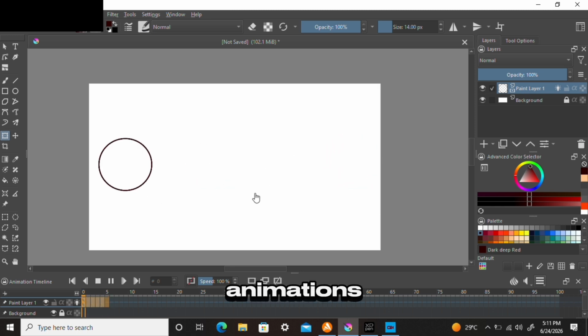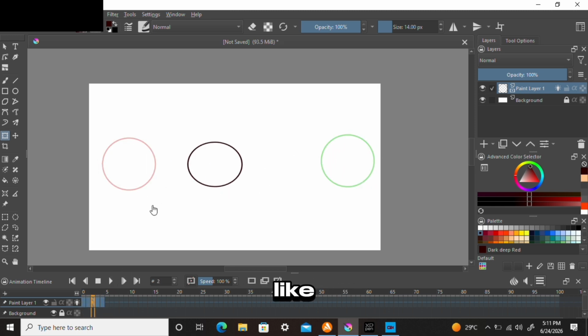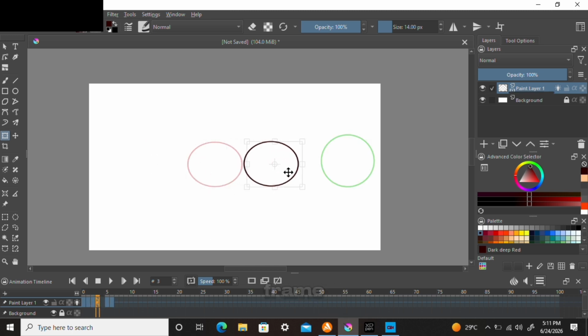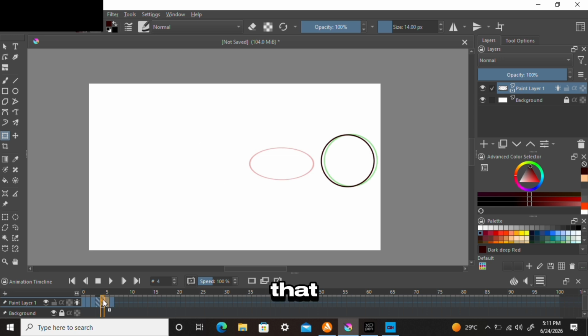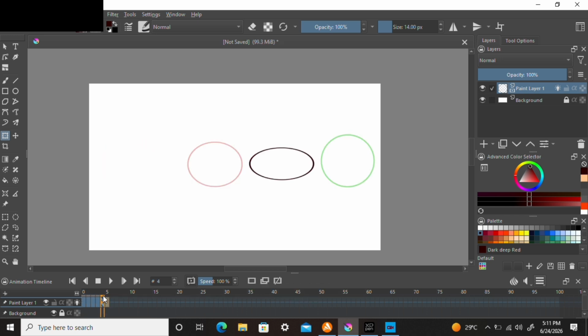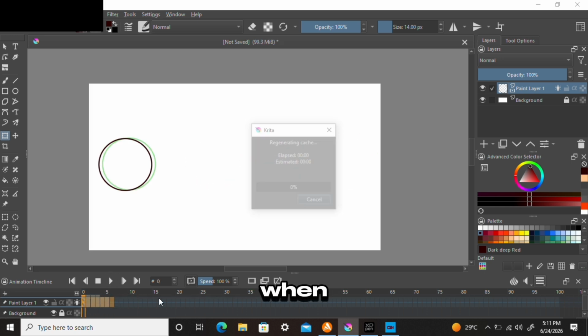So this is how I make my animations, and it depends on you. If you don't want this little choppy animation, you can add another frame in between. Just keep on doing the in-betweens until you get the smooth transition that you want. So we'll try adding more frames in the in-betweens. We will add another frame and move this. And we will squish it more. Like that. We'll move the frames. So when we play it,